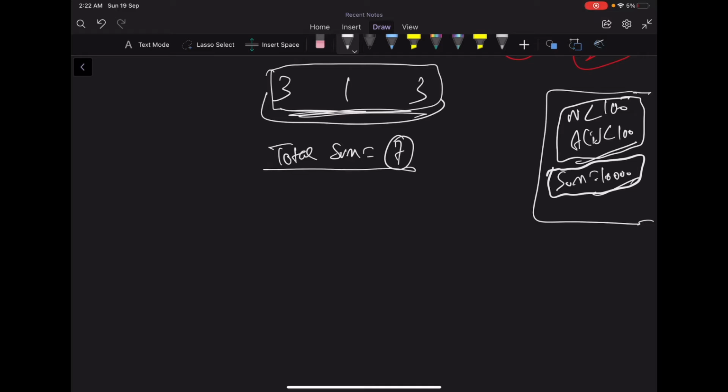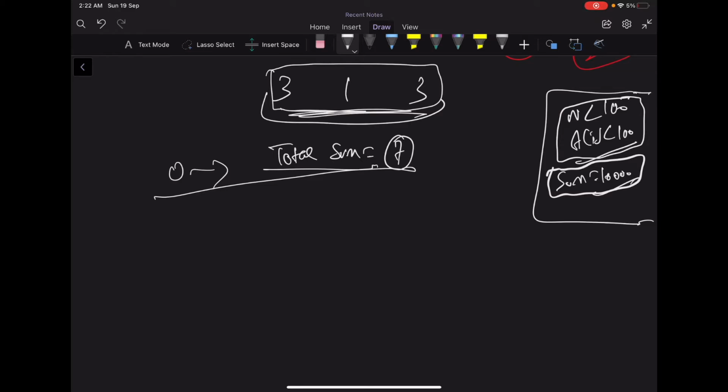No, because although we can find subsets whose multiplication value will be bigger than total sum, can we really find subsets whose sum will be bigger than total sum? No, because this is the maximum sum. So we are only interested in the values from 0 to total sum. This is the range where the distinct values of x will lie, right? Because we want both subsets, a sum subset and a multiplication subset, right?